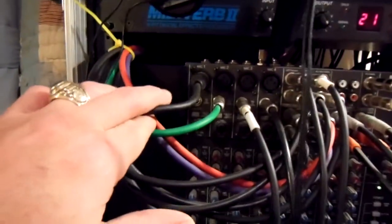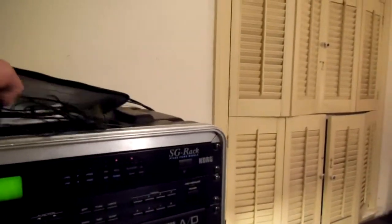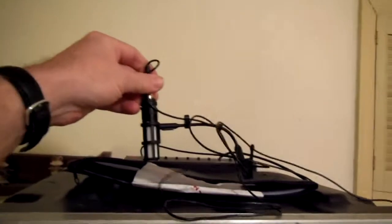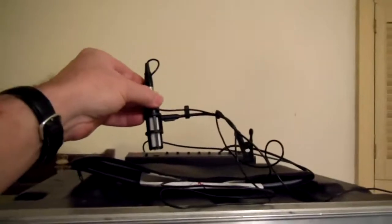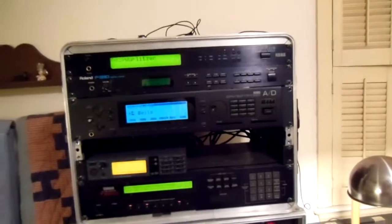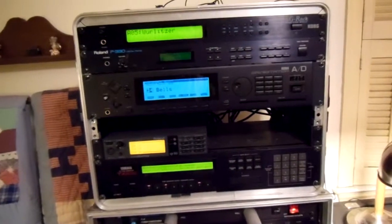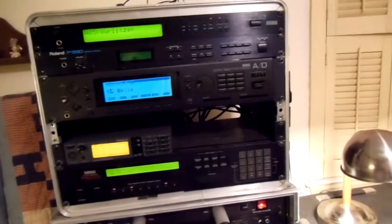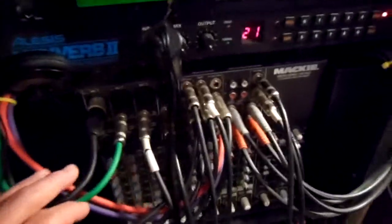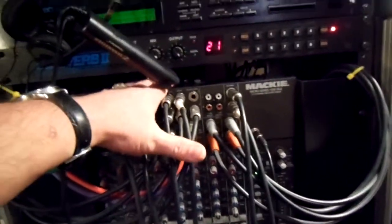The first input on this mixer is a Shure SM98A miniature condenser mic, which is this. This cost me about $200 a good 20 years ago, but it is a miniature condenser mic with a clip that I got from Audio-Technica that you can clip on the bell of the trumpet. It comes into input 1 of the Mackie mixer,